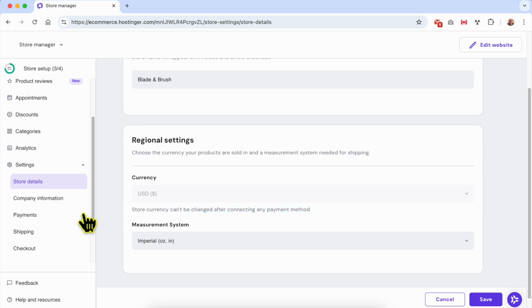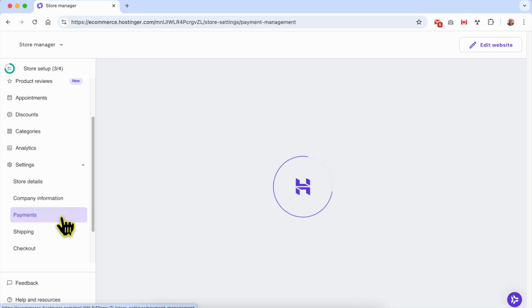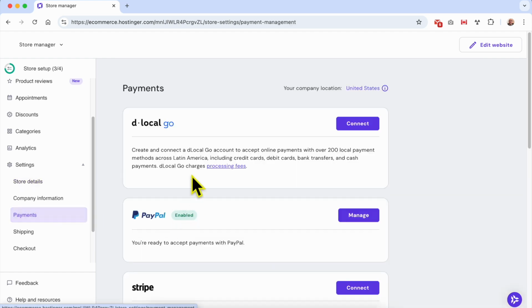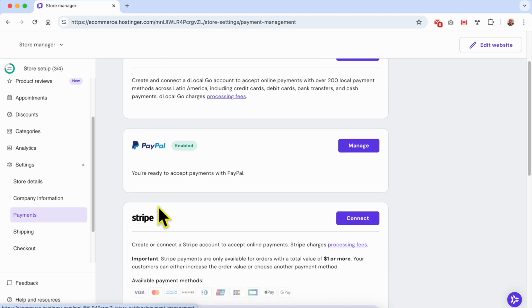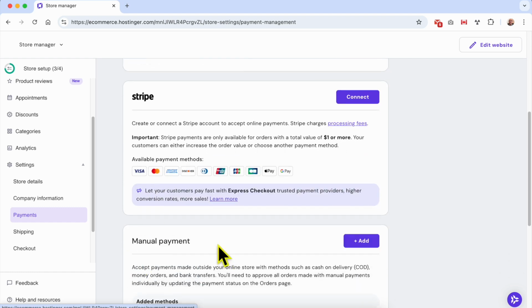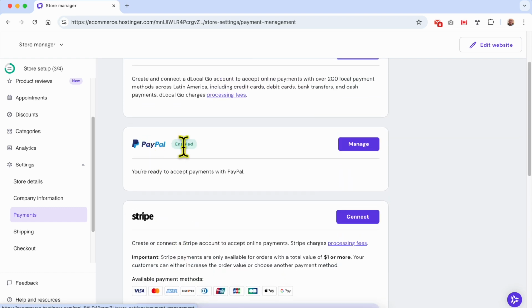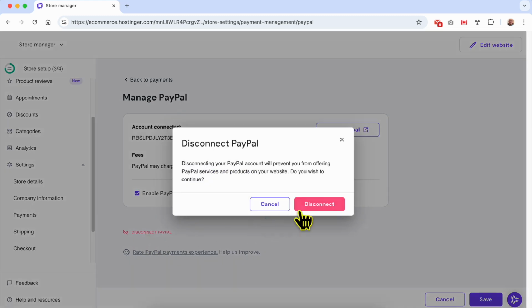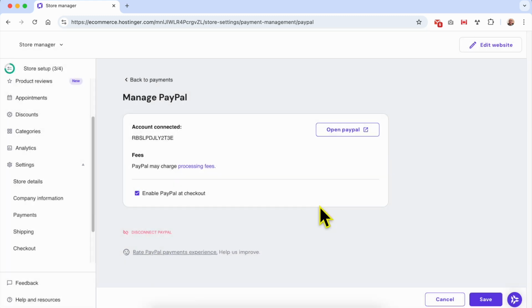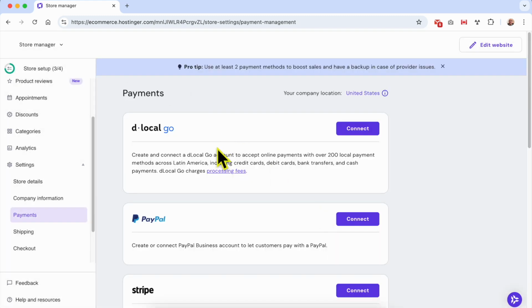To do that, it's simple. Go to payments, and from the available 3 payment gateways, the local Go, PayPal, and Stripe, and also manual payment, the PayPal is enabled. Now I need to disconnect PayPal. To do that, click on Manage, then click on Disconnect PayPal. Confirm your selection. Now that I don't have any payment method enabled on this online store, just go back to